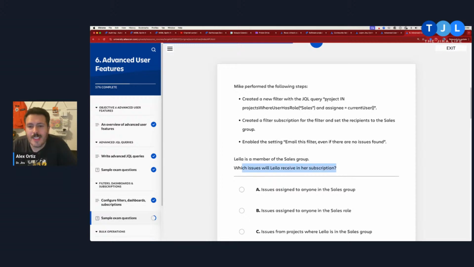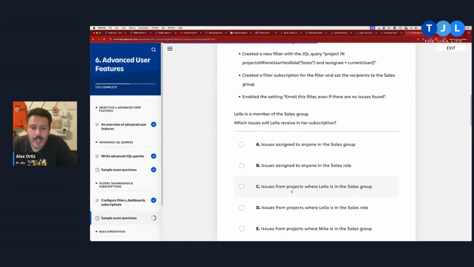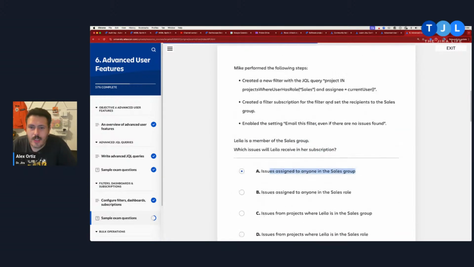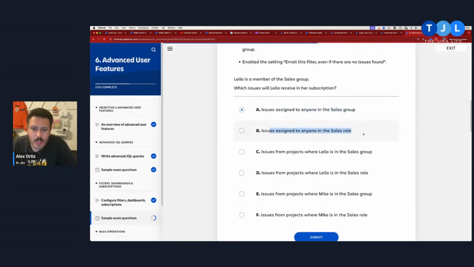So the filter is basically saying any project where this user has a sales role, and then bring anything that's assigned to me in any of these projects where I'm a salesperson. So this should bring any issues assigned to anyone in the sales group? No, because of currentUser. Issues assigned to anyone in the sales role?